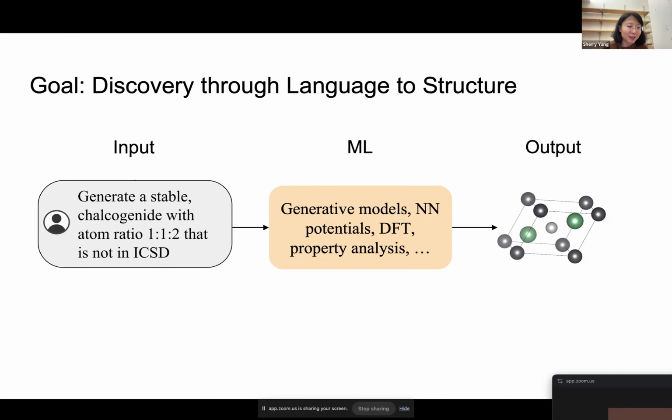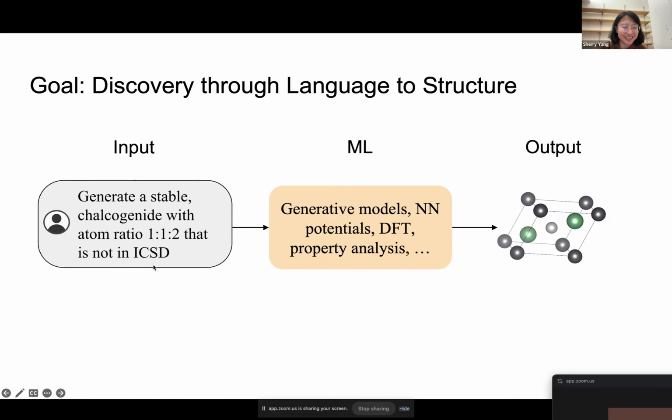You input some high level language, you can describe, as a material scientist, but not super deep in the weeds, you want to just design some materials with some properties, with some specifications on the atoms and types, and you want something new.